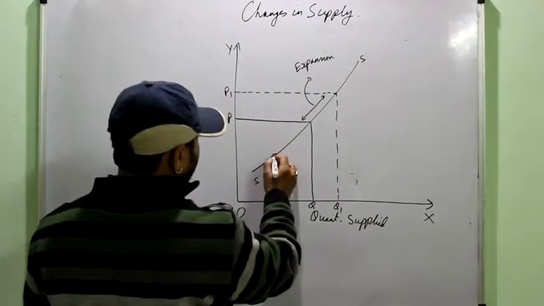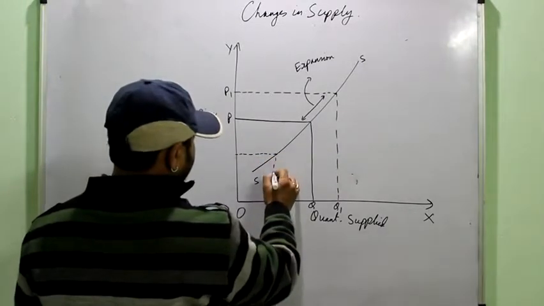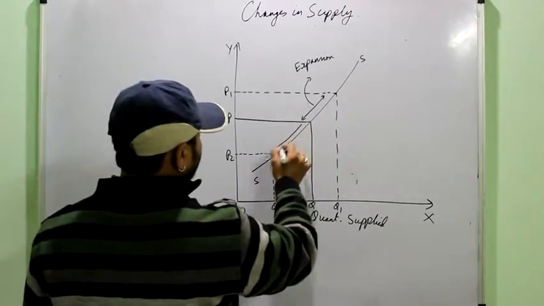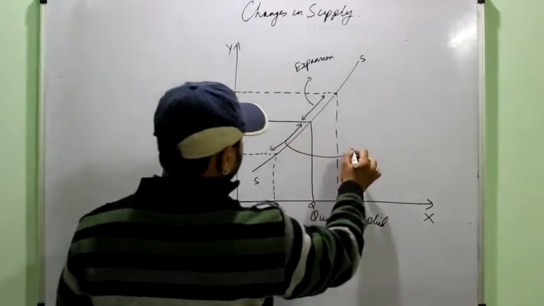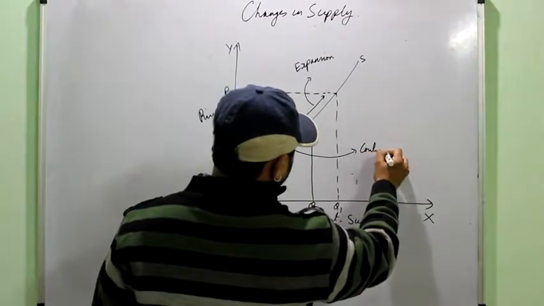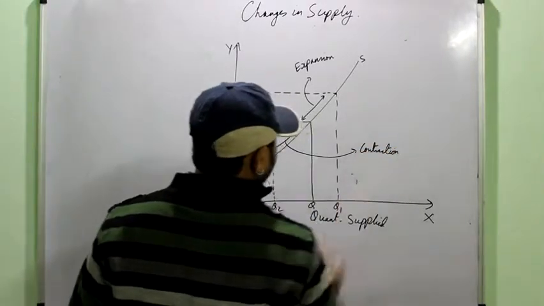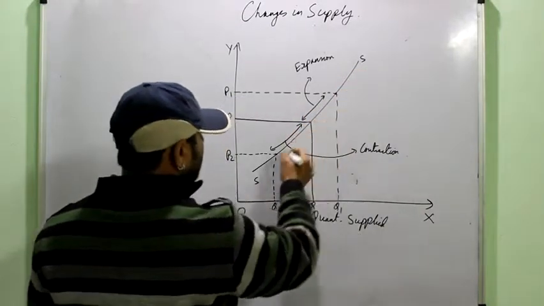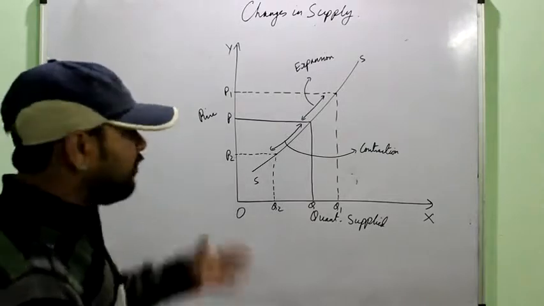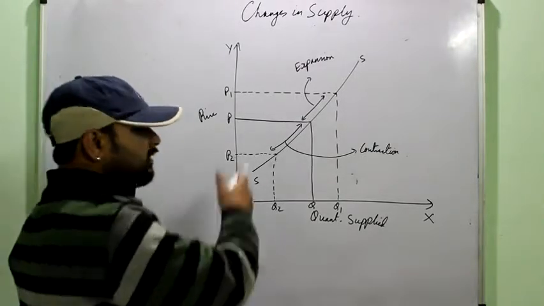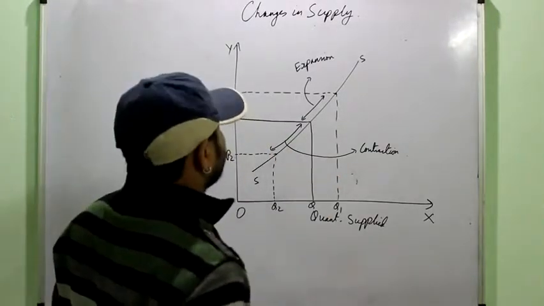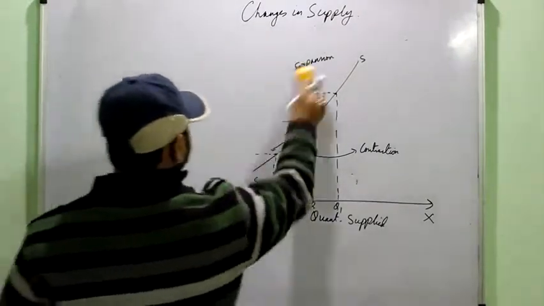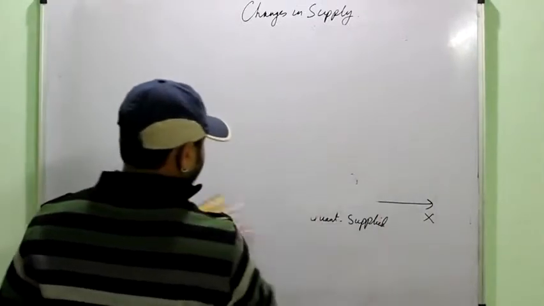While moving on to some other point, fall in price leads to fall in supply. So this is contraction in supply. As I told you, upward movement, moving upwards, downward movement, moving downwards, and for movement you have only a single diagram, right? Means a single curve. While for supply the shift we have two curves, right and left. Now we study the shift in the supply curve.